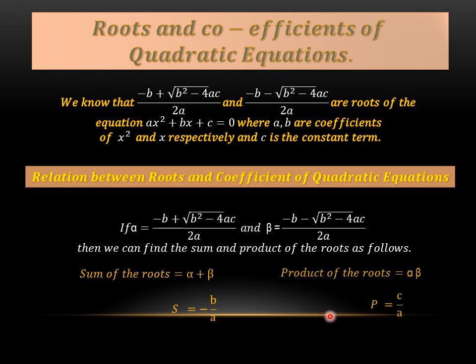Now looking for the product of the roots. Alpha and beta, obviously we are not going to write a multiplication sign between them, because alpha beta shows that there is a multiplication sign between alpha and beta. So the product of the roots is equal to c over a. Again, this is your home task. You are going to apply the values of alpha and beta here, and after the solution, look at the answer. Does it come out to be c over a?